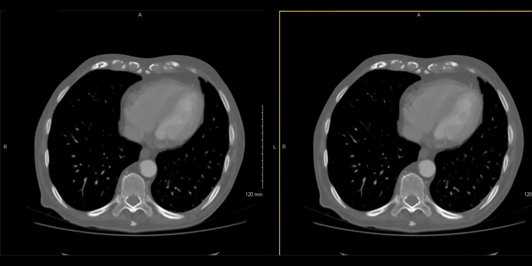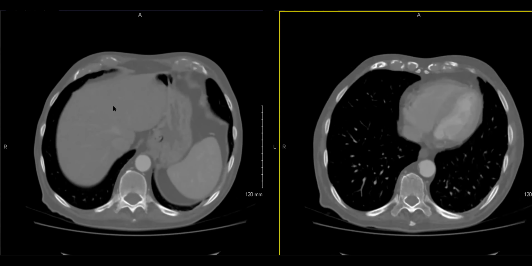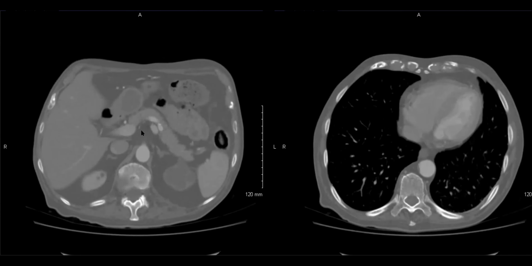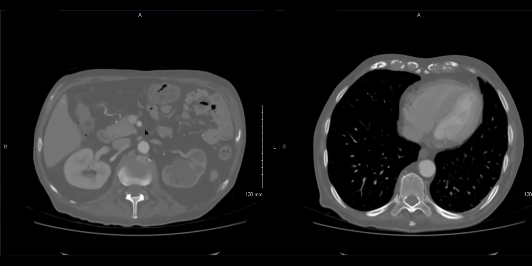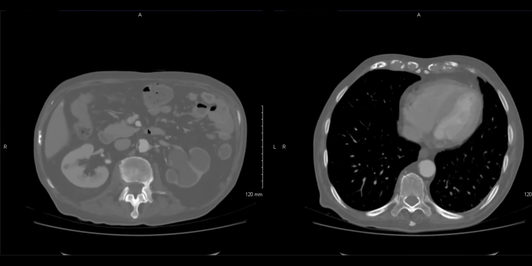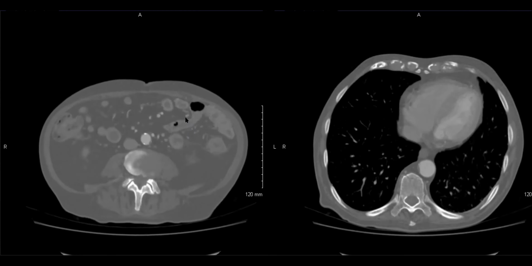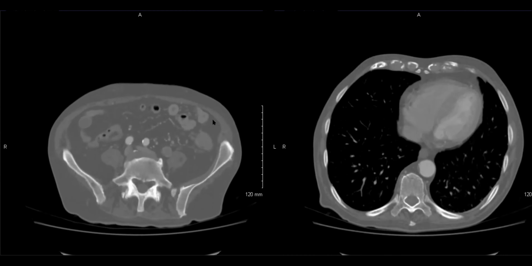So I don't remember why the patient was done. It's possible that he was done inpatient, and we're reading the case, and